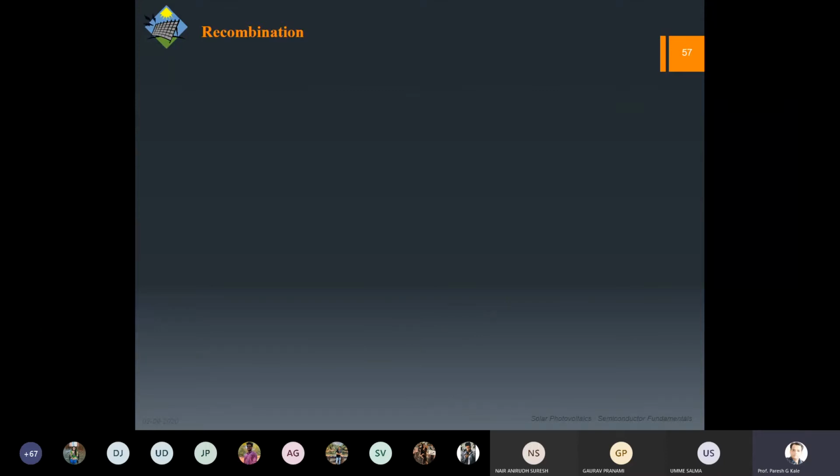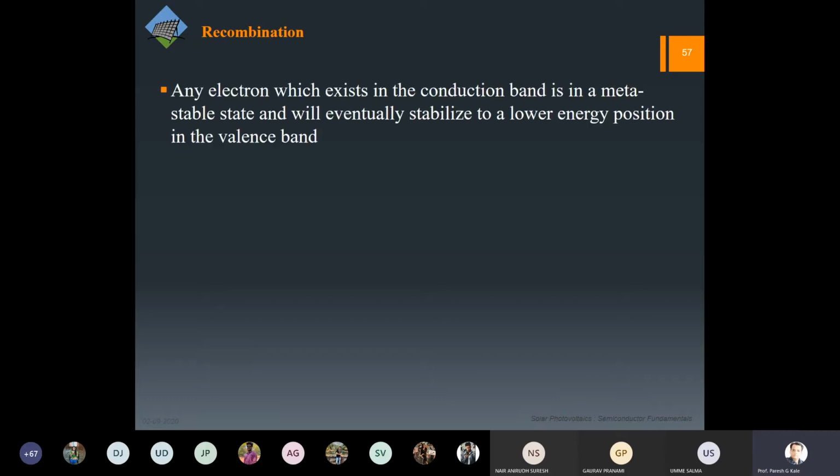Now see, two processes are complete. One is absorption, generation. Now let us go for the third and most important process over here, and that is called recombination. In a simple sense, absorption is good, we should promote it. Generation is good, we should promote it. And as far as recombination is concerned, it is bad and we should not promote it. Let us try to find out why we don't want this recombination to happen. Obviously now absorption is done, then electrons or holes, whatever, the carrier is generated. Now the point is, this electron has acquired some energy and it needs to stabilize. It needs to occupy a particular energy level.